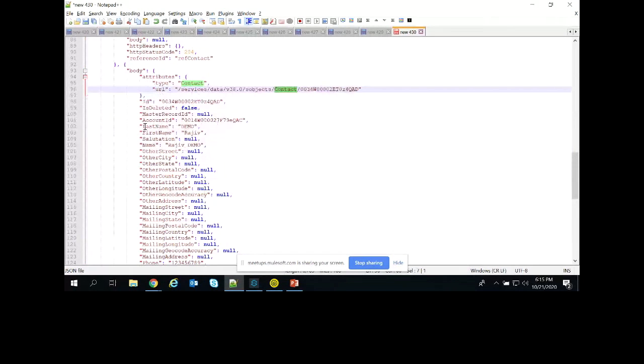So we have that. You see the last name and the first name that we have offset, and it has the account ID. It has the account ID definition there as well. Basically, it reduces the number of calls to Salesforce. Instead of multiple calls, everything can happen in a single go.